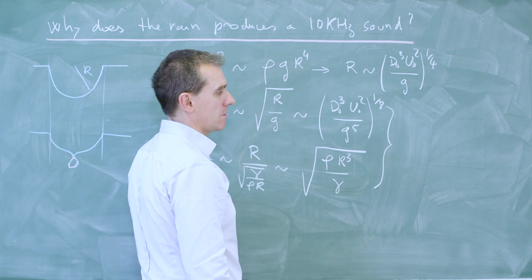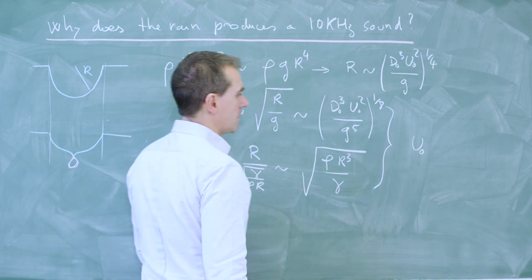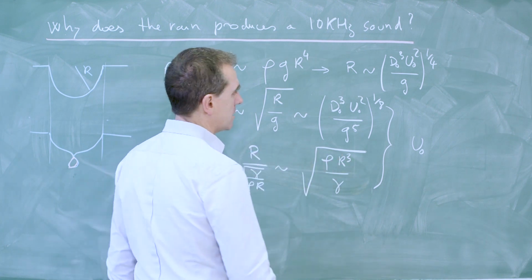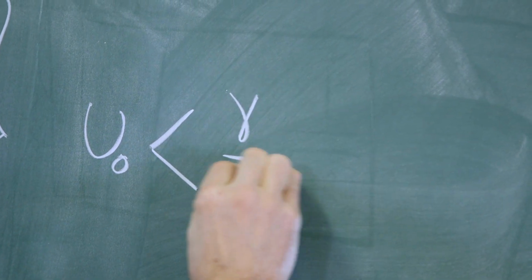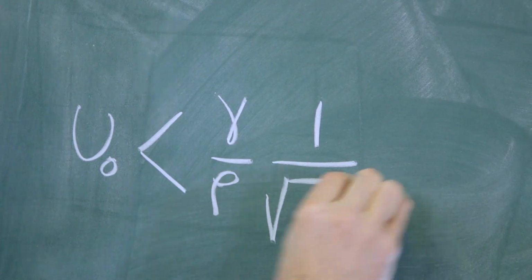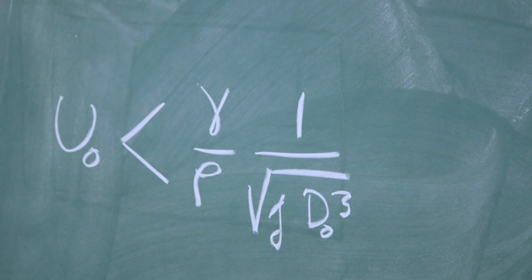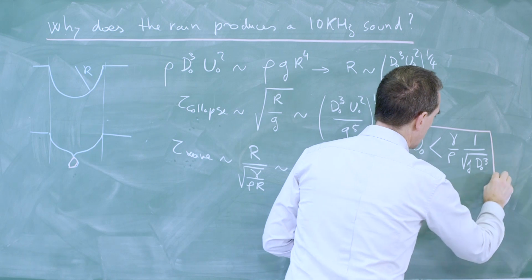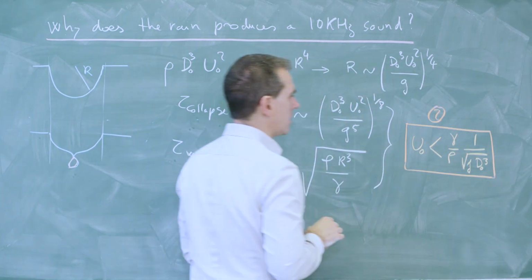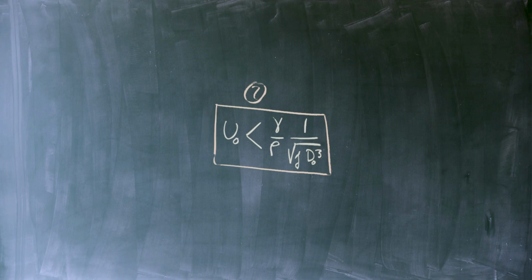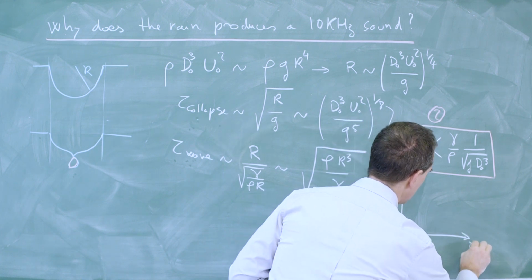So if we impose the condition that this time has to be smaller than this one, this gives us a second condition on the critical velocity of the drop, and this critical velocity needed to entrap the bubble has to be smaller than gamma over rho divided by the square root of g times d naught to the cube. And this condition needed to entrap a bubble is at the origin of the second boundary that we had in our plot. And so what we have now after these two studies is